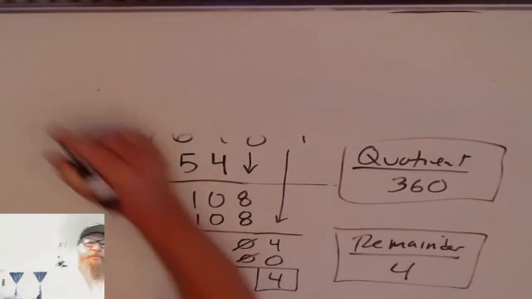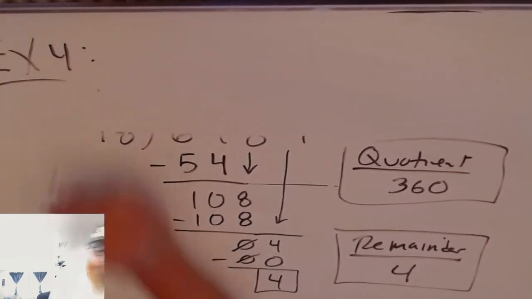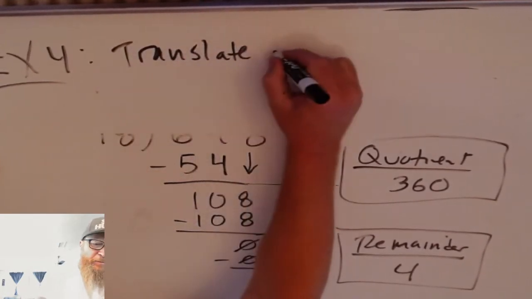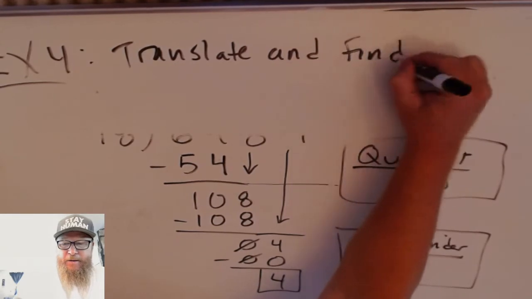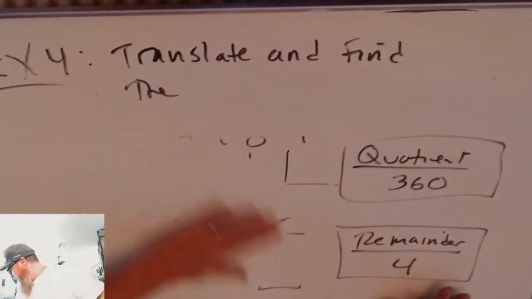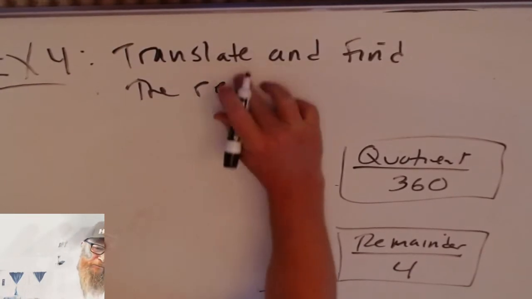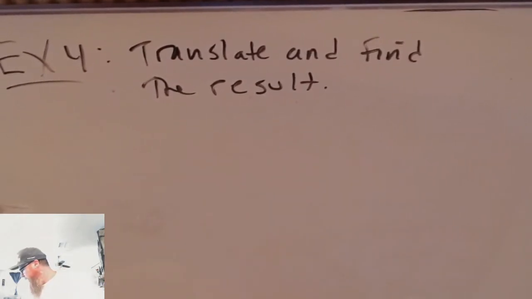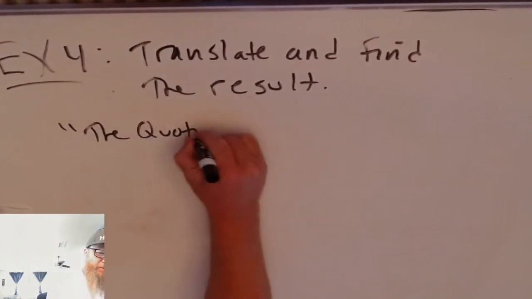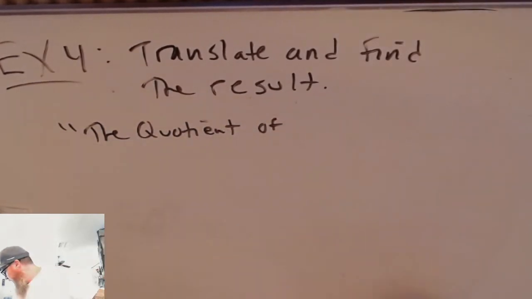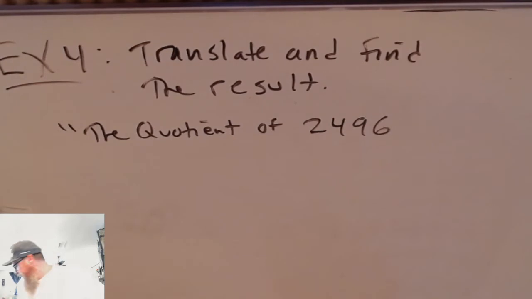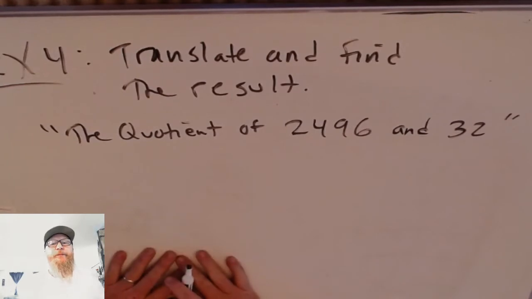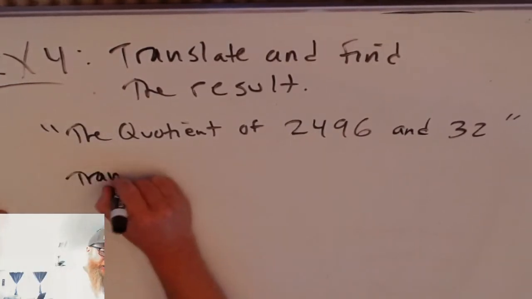Example 4. So let's translate and then find the result. The quotient of 2,496 and 32. Okay, so the translation,